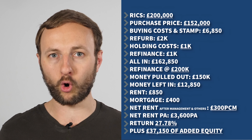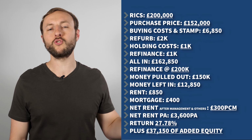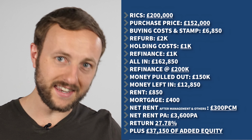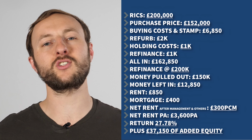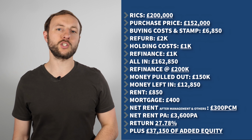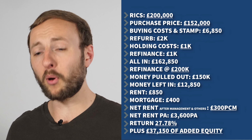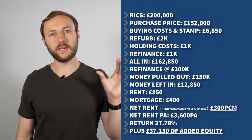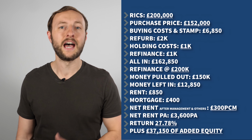Now, obviously, as you can see, there was the buying cost, the stamp duty, the finance, and some holding costs of holding the property. But all in all, these are going to refinance at about £200,000 each once I get them through. Net, they're going to make me £300 each per month. So that's £900, which is going to be £11,800 per annum. Plus, I'm going to get a load of my money back out, which ends up being a 27.78% return on capital employed